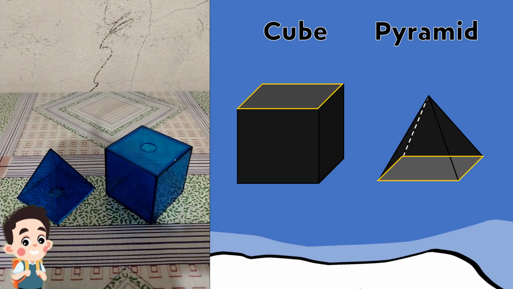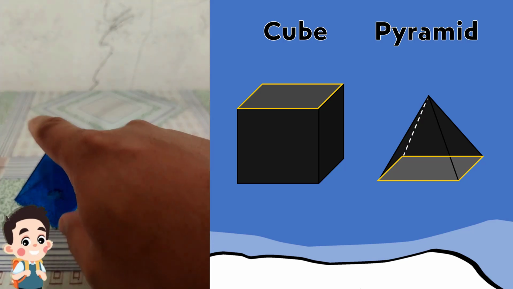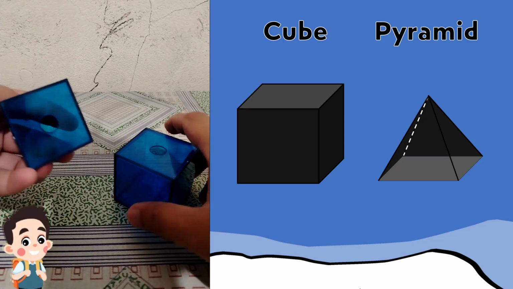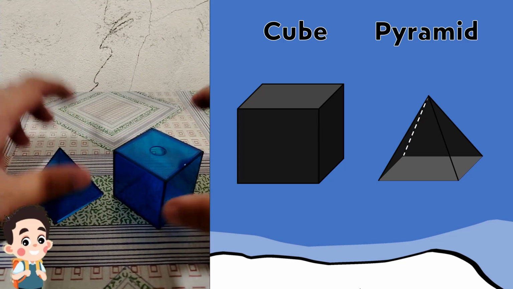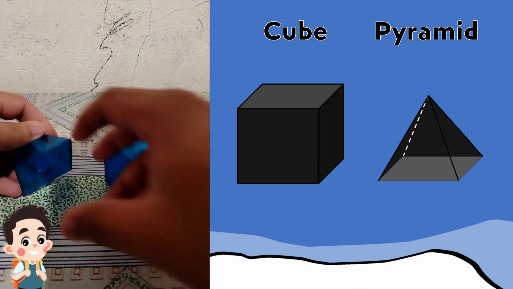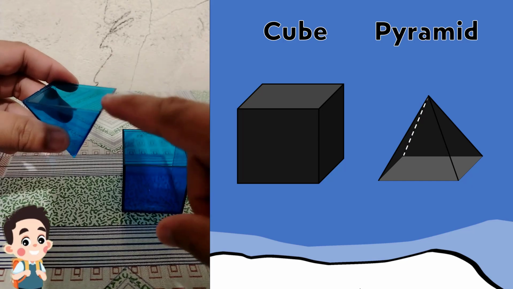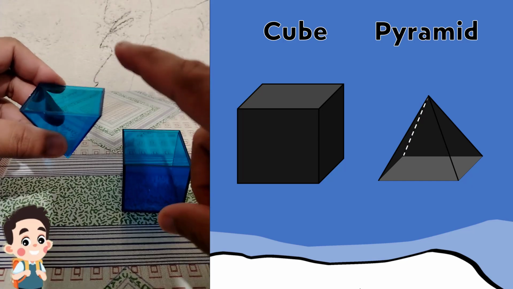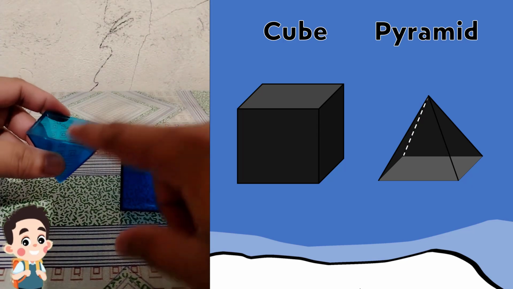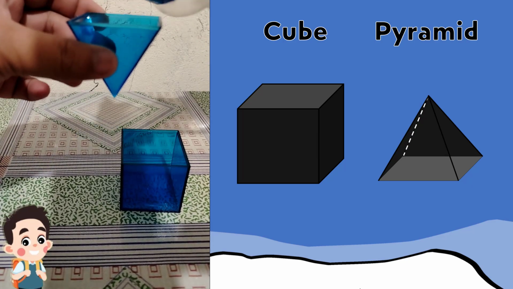There is a unique relationship between the volume of this cube and a square pyramid. We use the cube here because our base is a square. So we're going to look at that here by filling this up with water. If I'm going to fill up this pyramid with water, its capacity, or the other term for volume, will be transferred here. And then later on, we're going to look at the special relationships of the two. Let's start filling this up